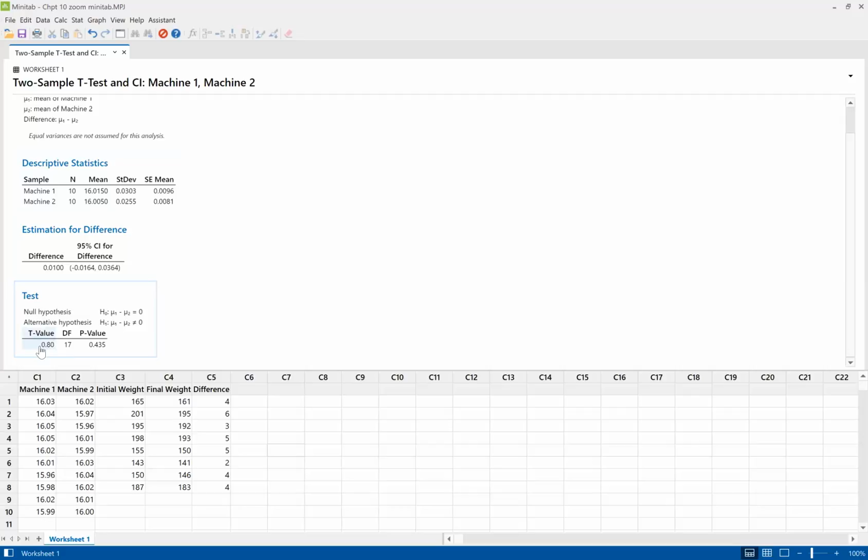So another thing you could do if you wanted, you could look at that t-value and compare that to the t-value in the textbook. And so looking at a two-sided test,